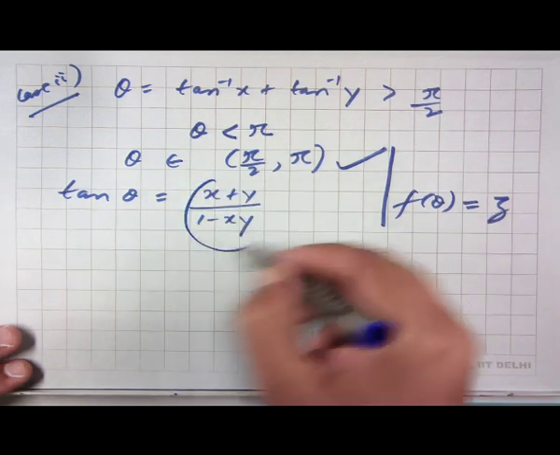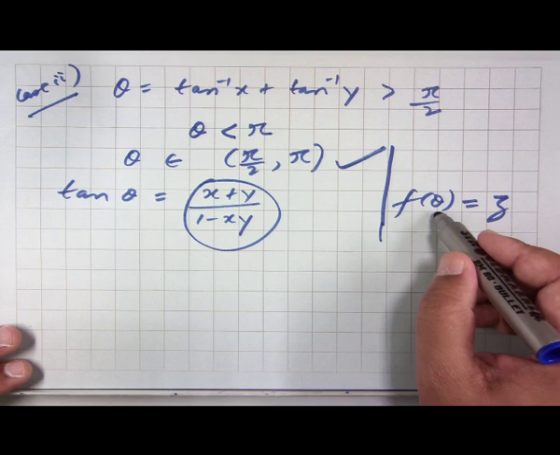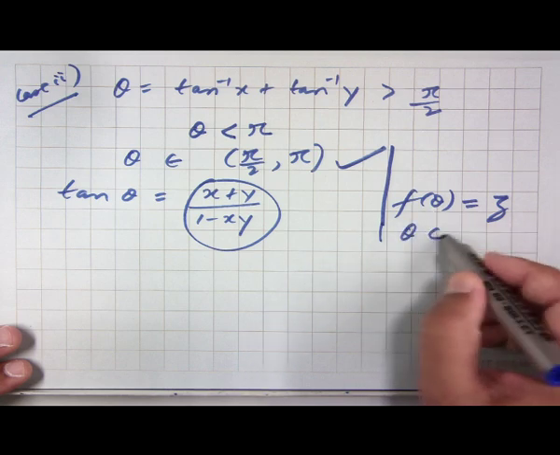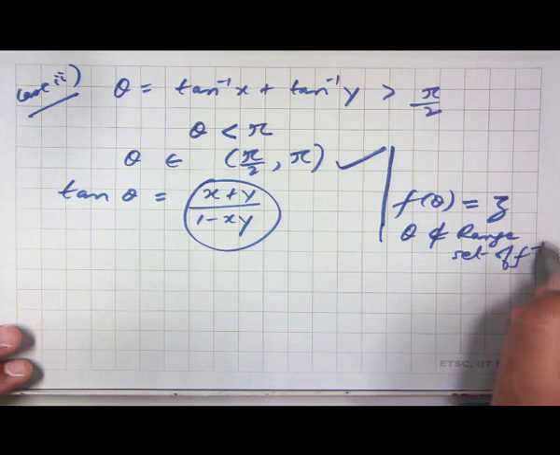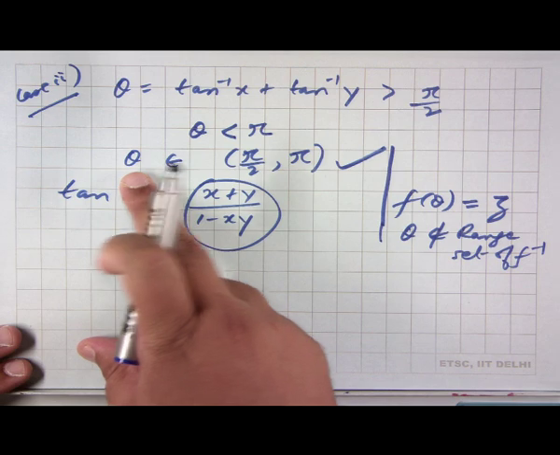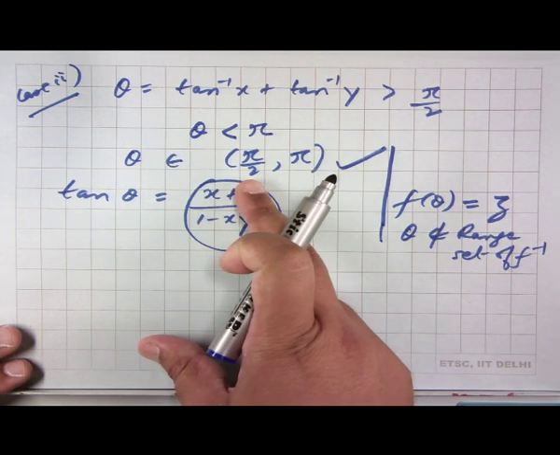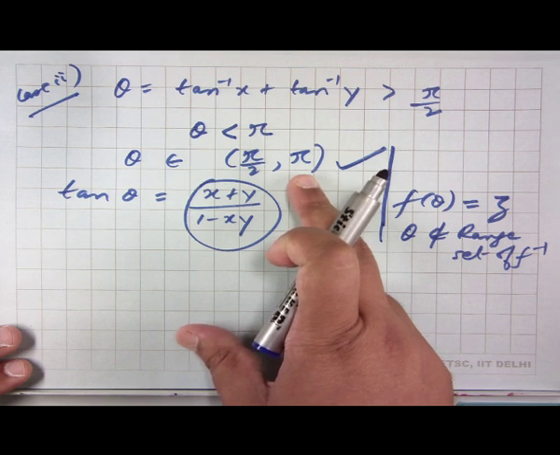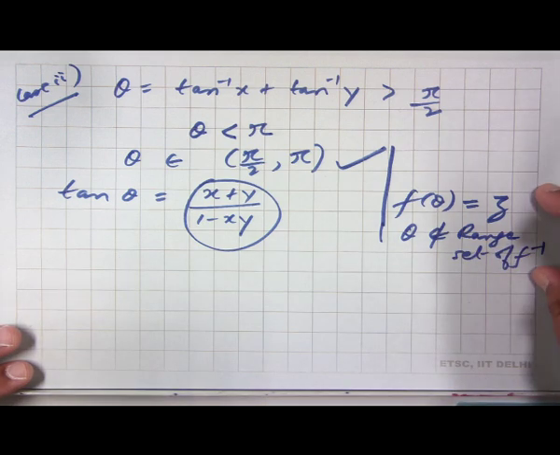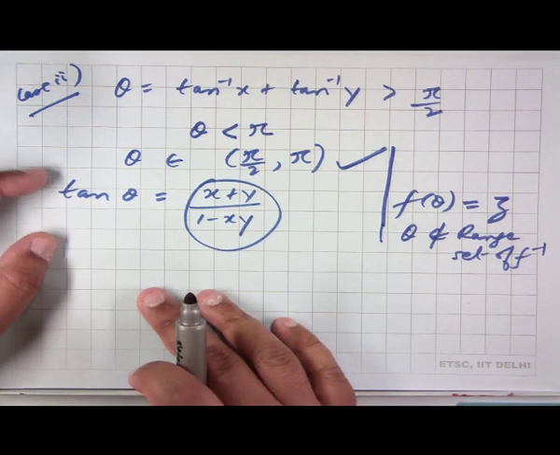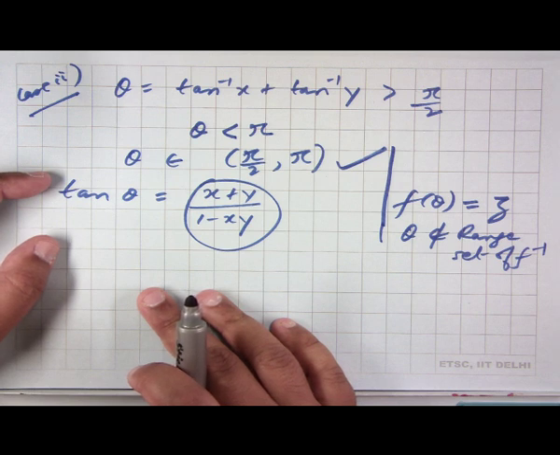So, z is basically this value, but the problem is that this theta doesn't belong to the range set of f inverse. So, even here we see that theta actually belongs to the interval pi by 2 to pi, which is not the range set of f inverse. The range set of tan inverse is actually minus pi by 2 to plus pi by 2. So, this is exactly the type of pattern of problem that we were discussing in the first few slides, and you will keep seeing this type of problem whenever you deal with inverse trigonometric